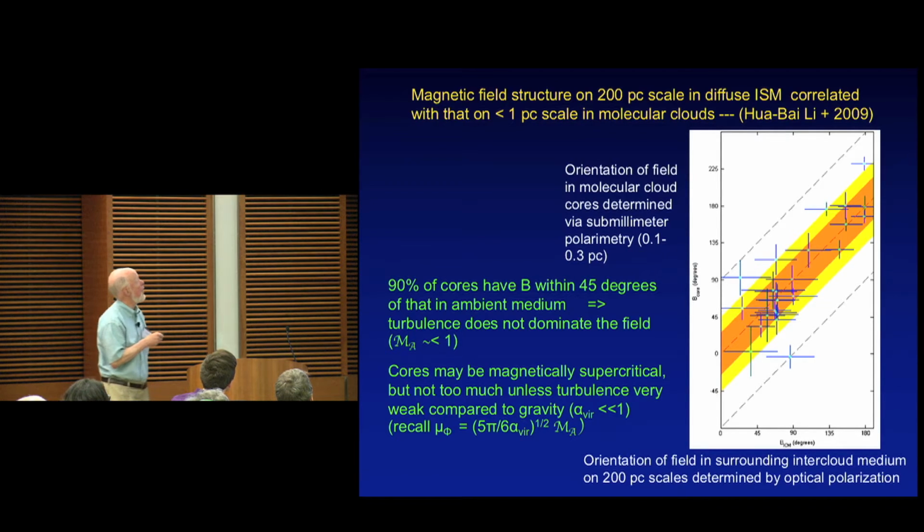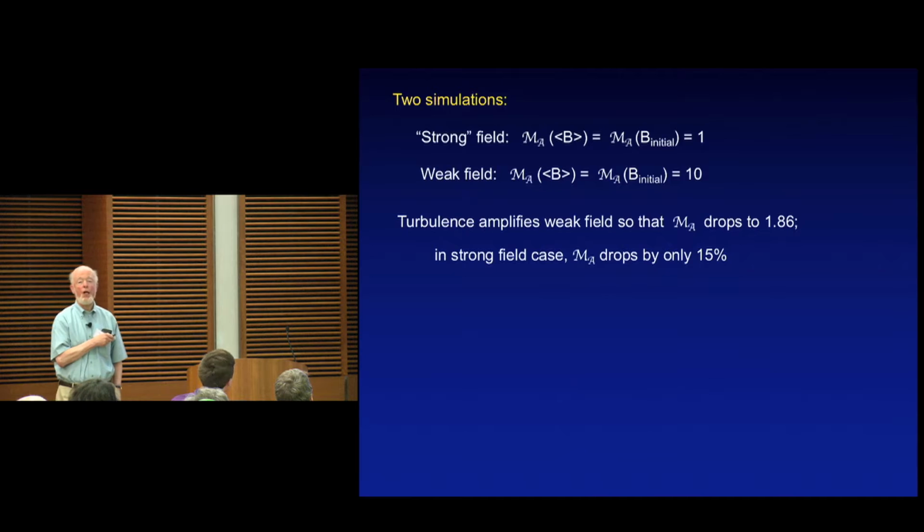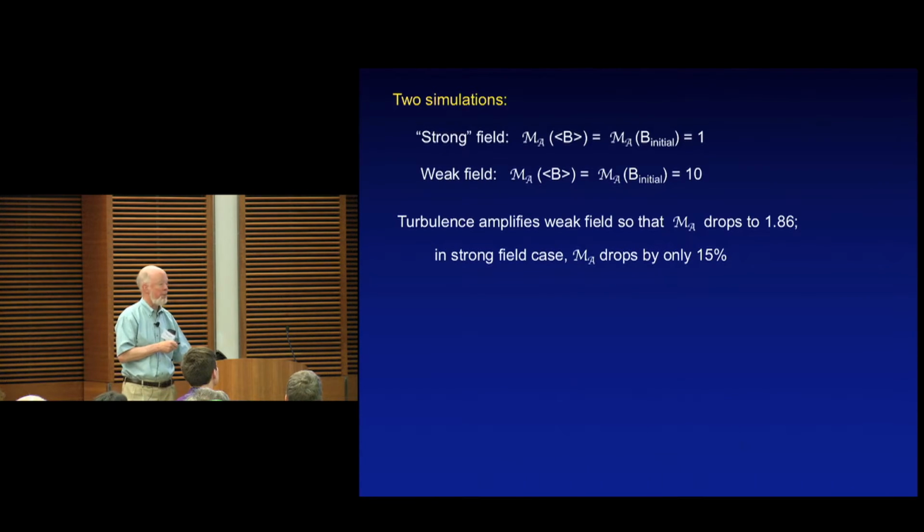So what did we do in our simulations? We did a strong field simulation, which I described to you a few minutes ago, which has the Alfvén Mach number of 1 based on the initial magnetic field. We also did a weak magnetic field one, where this Alfvén Mach number was 10. And then, as I said, we ran the simulation for 2 crossing times, and during that time, in the weak magnetic field case, the Alfvén Mach number dropped to 1.86, by more than a factor of 5 from the initial value. On the other hand, in the strong field case, the Alfvén Mach number only dropped by 15%